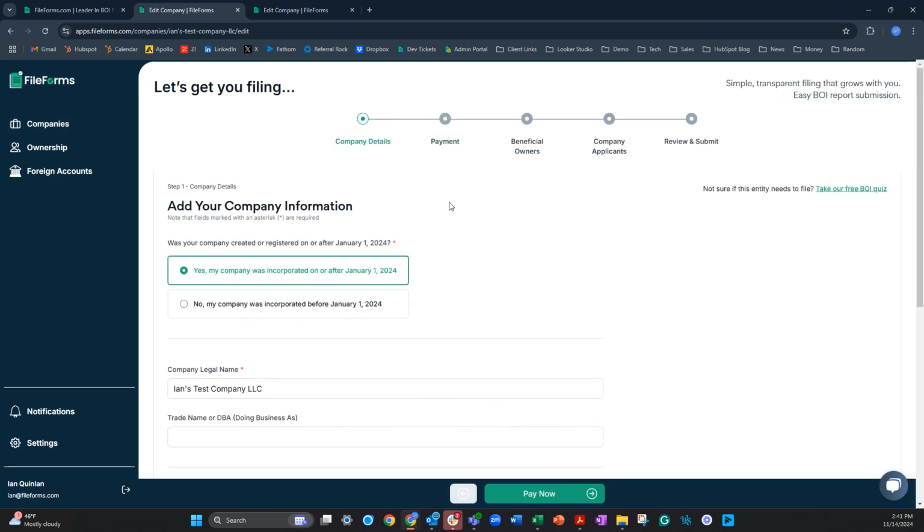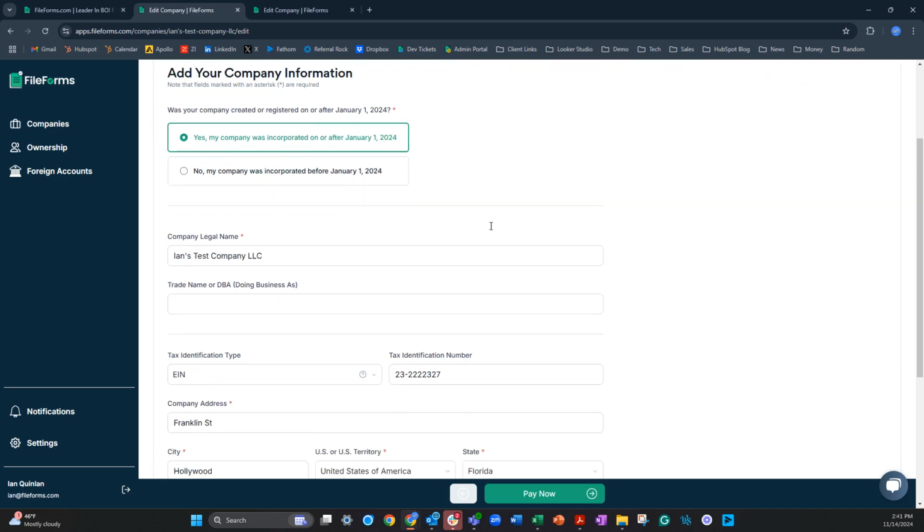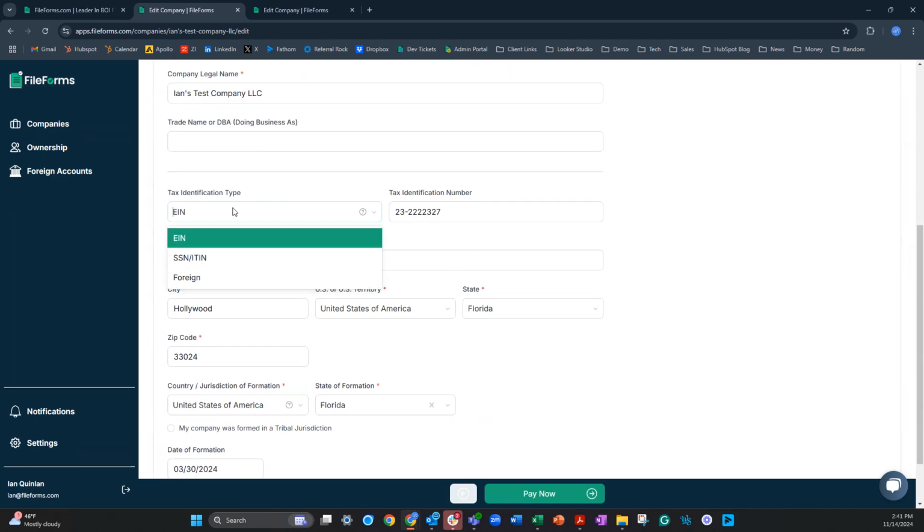Ultimately, you can start at company details. We ask you a question to get started: when your company was registered. So ultimately, I have my company was incorporated after Jan 1, so it was a newly formed entity. I'll get into that as we cover the beneficial owners and company applicants as part of the filing experience. You have your EIN, Social Security, foreign tax ID as the tax ID type, and the tax ID number you can